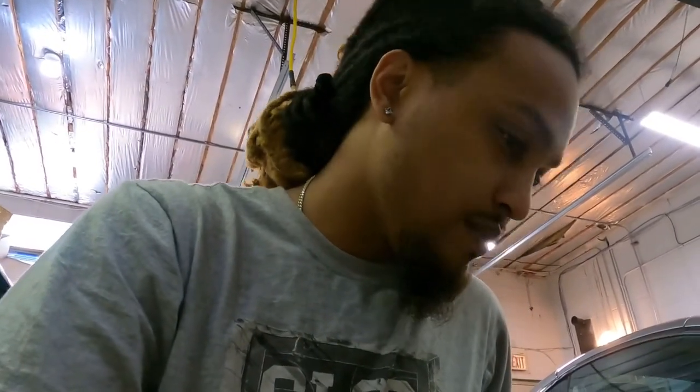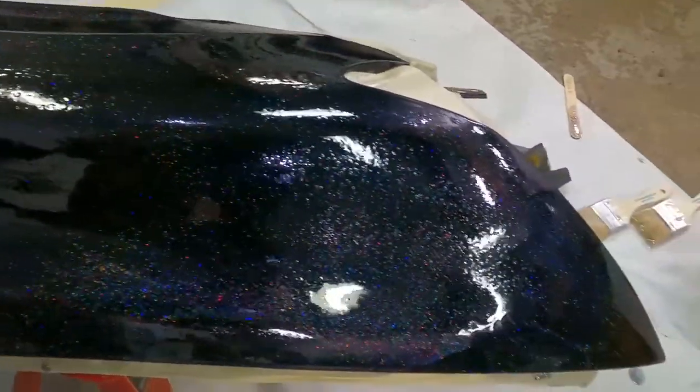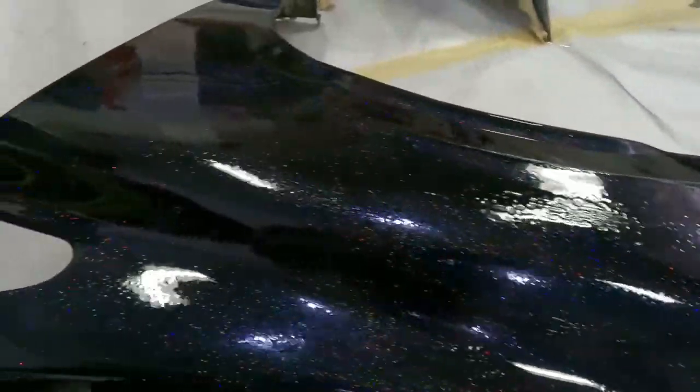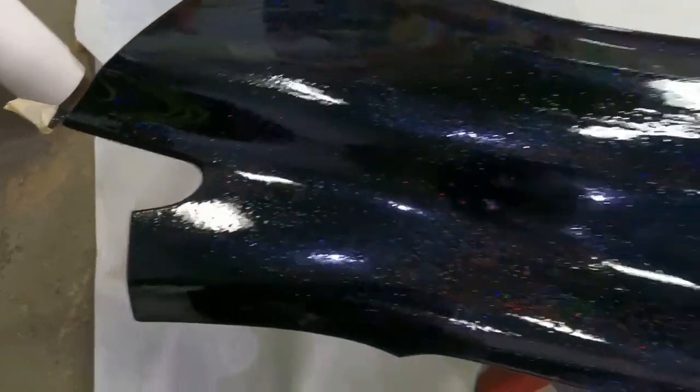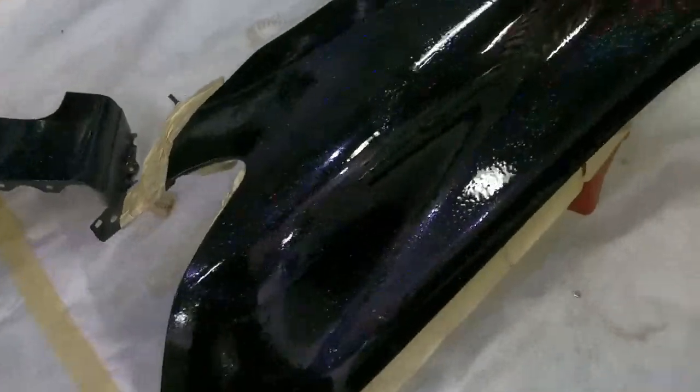Okay, so I got the first coat of epoxy down, and if anyone knows me, I don't do anything the same as everyone else. I always add something to mostly anything I'm doing. So this is the fender right now. As you can tell, I didn't do just epoxy, so hopefully through whatever black is showing through the forged carbon, this metallic flake will come out and show through,